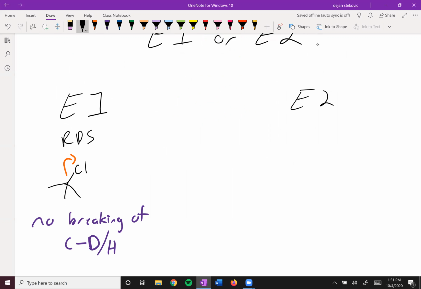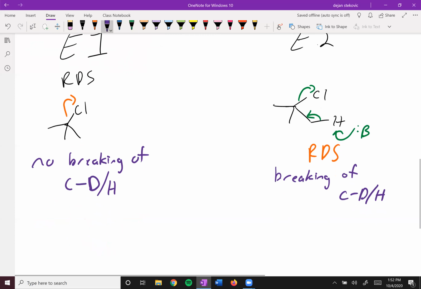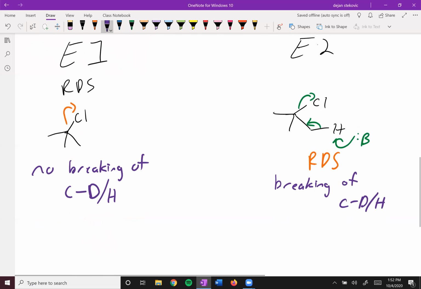Whereas in the E2 mechanism, right, it's only one step, so the one step is the rate determining step. Here we do have the breaking of the CD/H bond. And so what you do is you run both reactions, one with just the regular hydrogen form and one with the deuterium form. If the reaction is approximately just as fast,